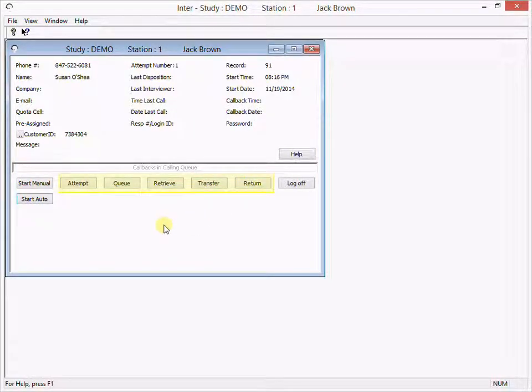Each of the 5 buttons between Start and Log Off may be disabled in the Supervisor application if you don't want your interviewer to spend any time on these activities. When the interviewer is ready to make the call attempt, they can either dial the number manually and click Start Manual to enter the survey, or they can click Start Auto to have WinCATI dial the number and enter the